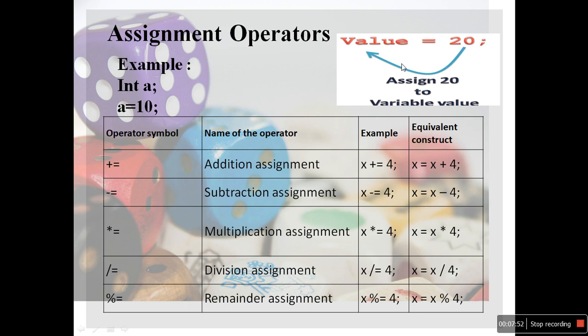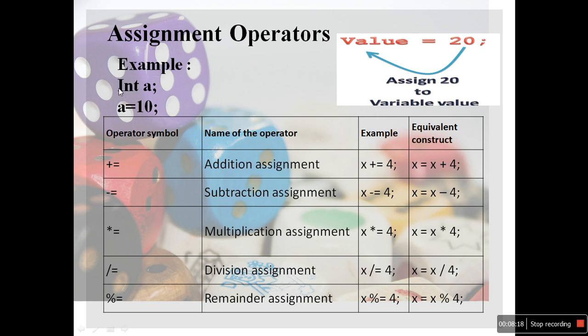Okay. So what is the conclusion? Number 20 is assigned into value. Value is a variable. We can take whatever name we want. We can take our own name also. Once again, we are taking an example. int A. Here int should be written with a small i, but due to my keyboard setting, it becomes capital.